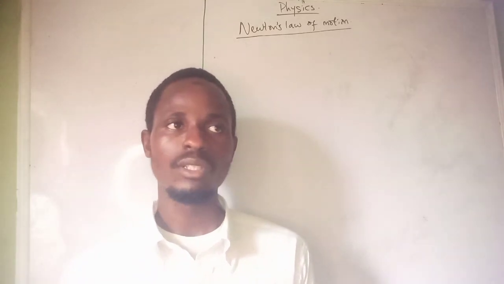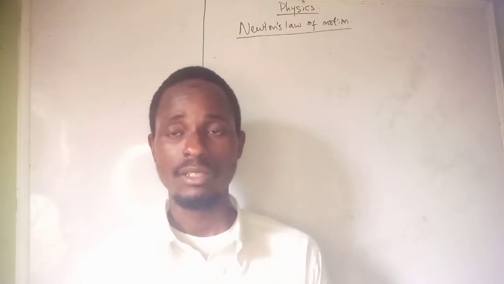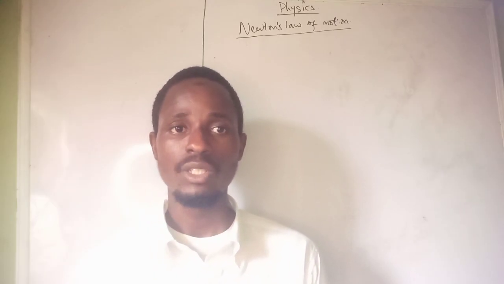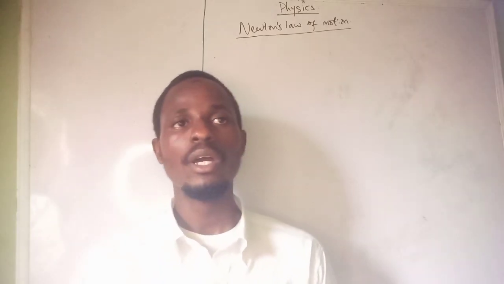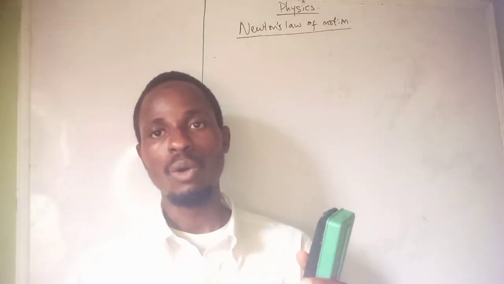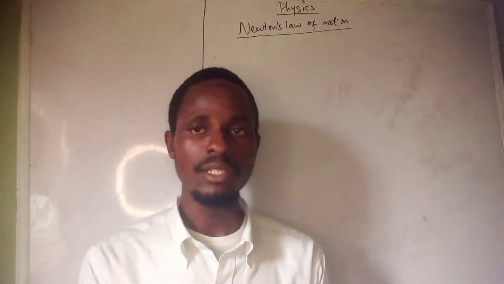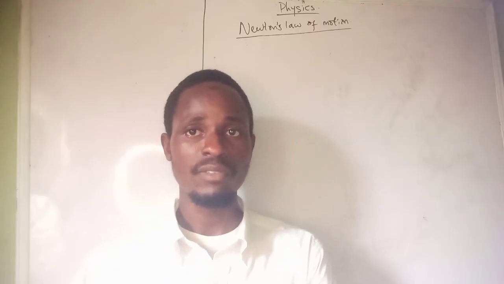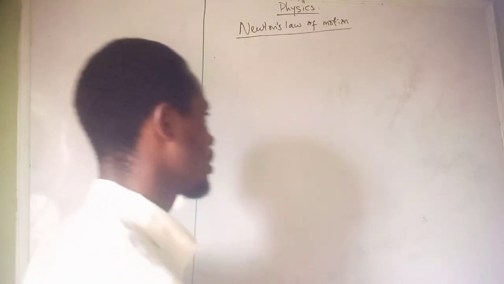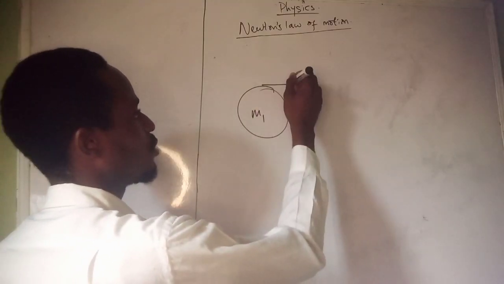What that law simply states is that when two bodies collide, you know what collision is? When two bodies come together with great force to hit each other. So the algebraic sum of their initial momentum before they collide must be equal to the algebraic sum of their momentum after collision. So let's say you have two round balls of mass m1, this one moving with a velocity